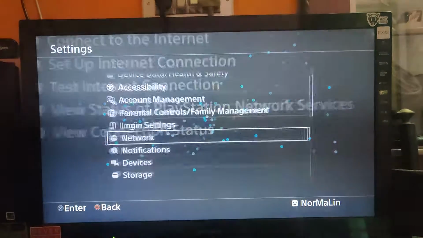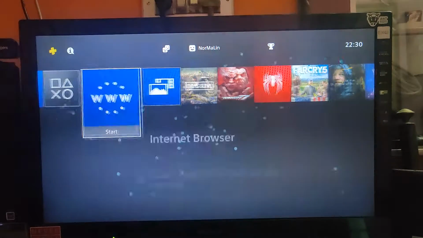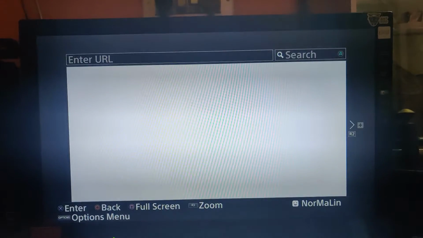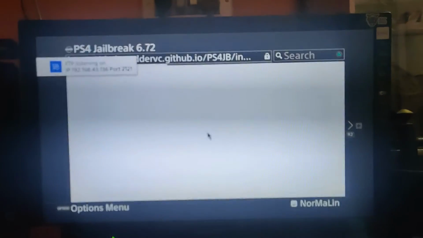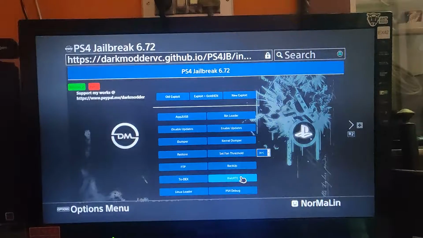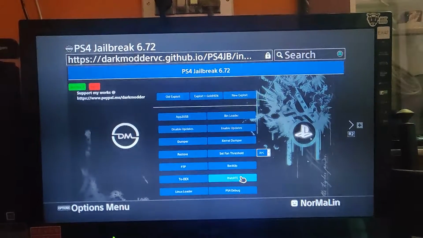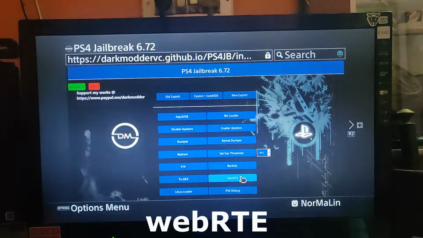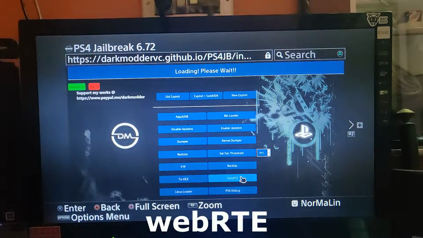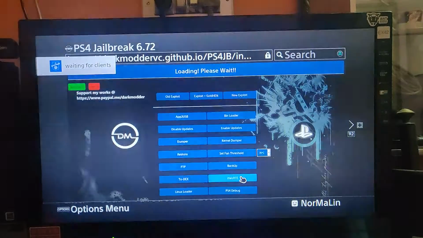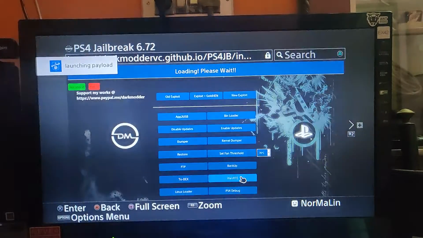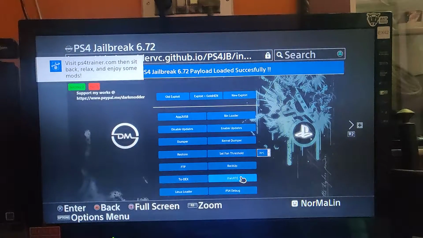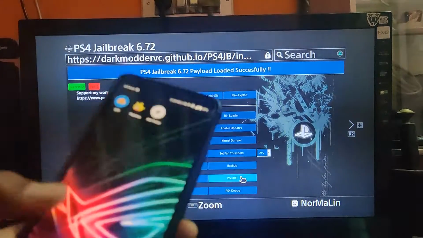Now, after successfully connecting to the internet, head back to the jailbreak website. Now after opening the jailbreak website, you can find the WebRTE payload in there. Just run this WebRTE payload after connecting to the internet. Now after the payload is launched successfully, you need to grab your phone